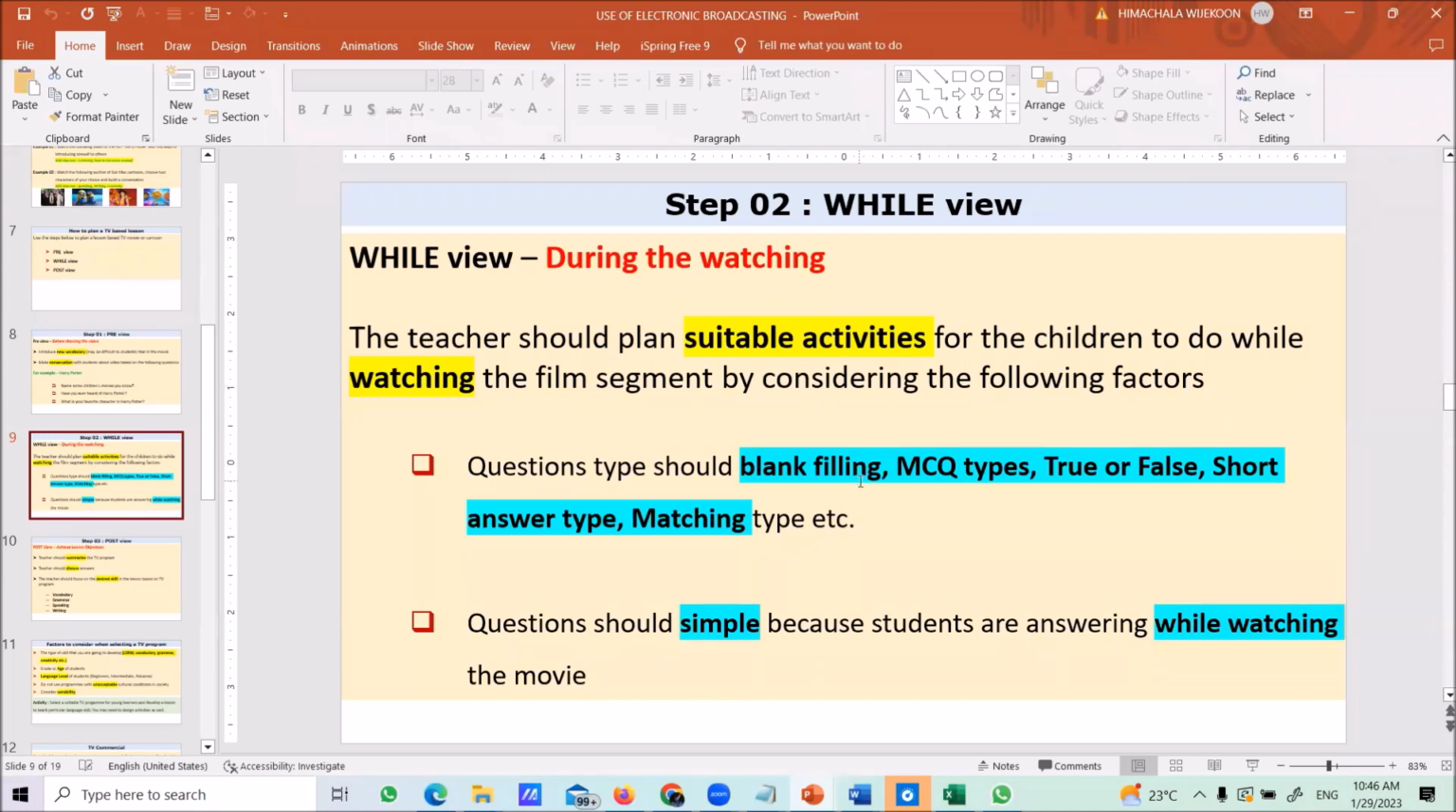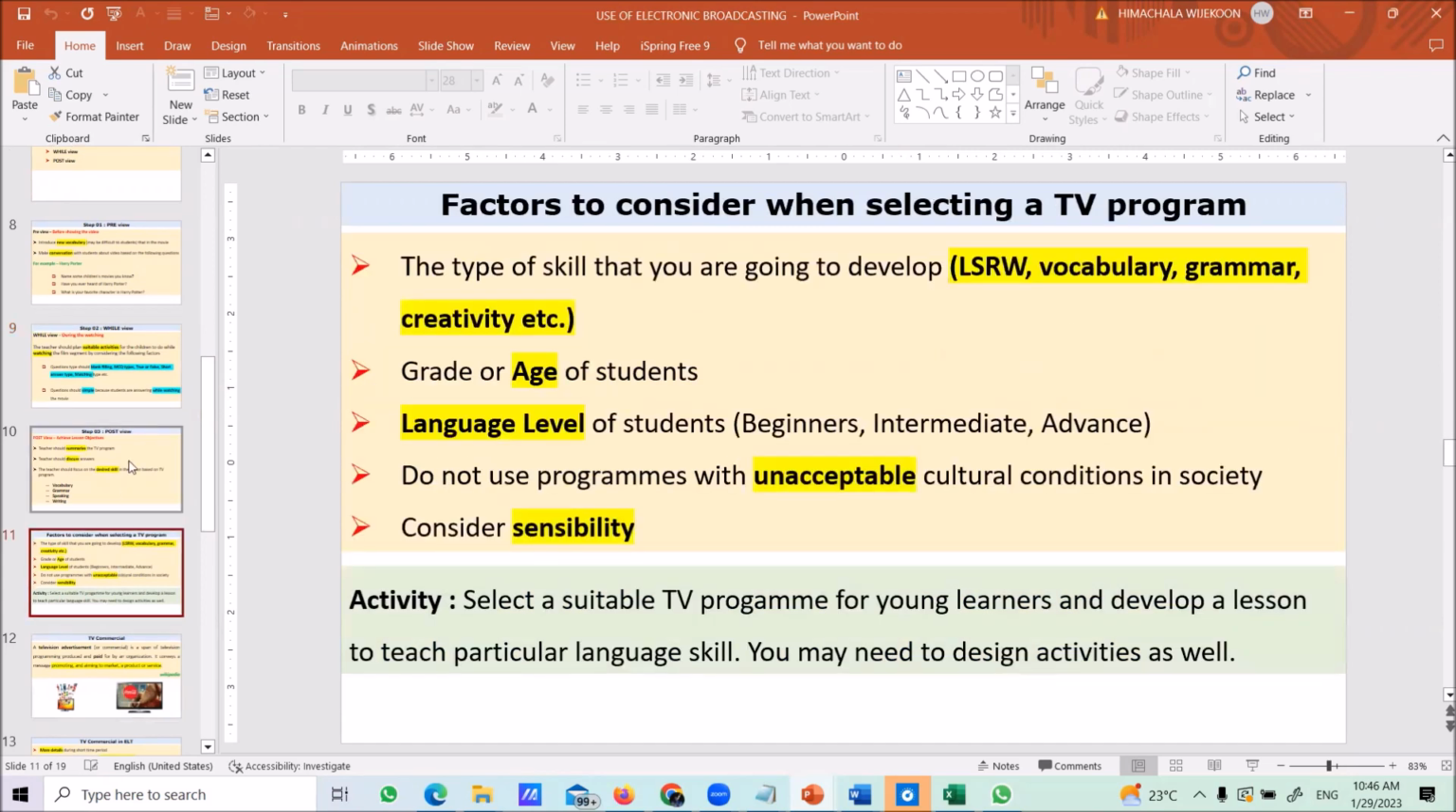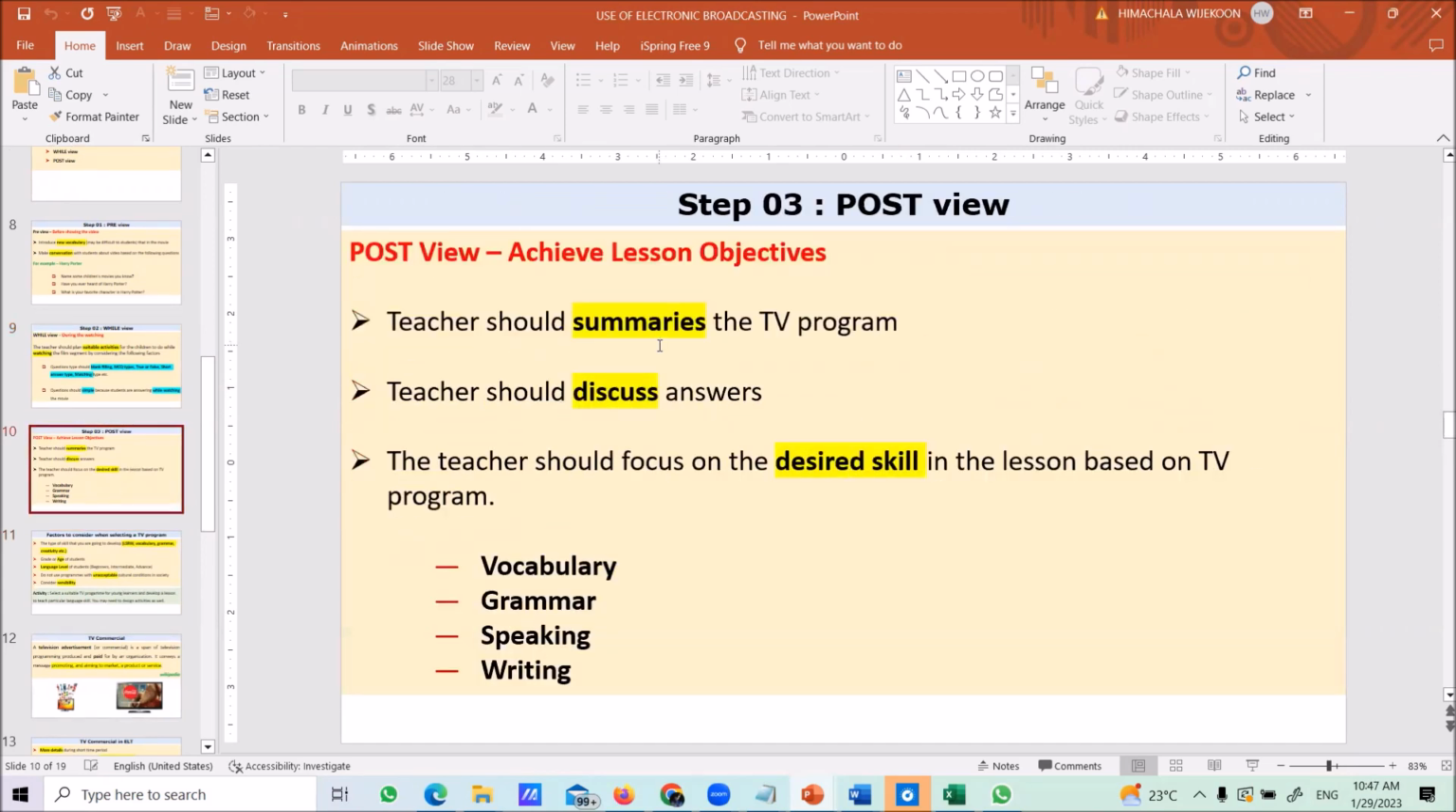Mostly the fill-in-the-blank, MCQ, and true or false types of questions are normally used in this period when you are doing a television-based lesson. Then at last, you want to discuss the post view. Here also mention some activities. Post view: what kind of activities you are going to do after